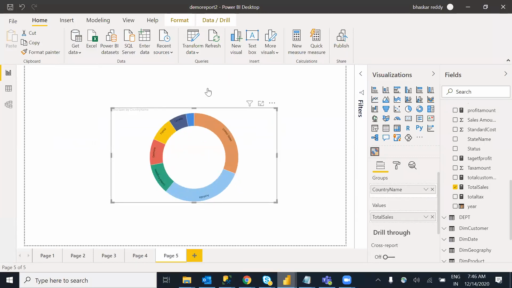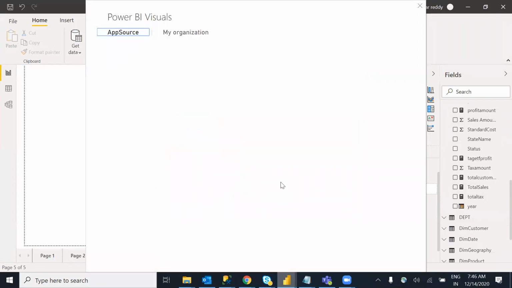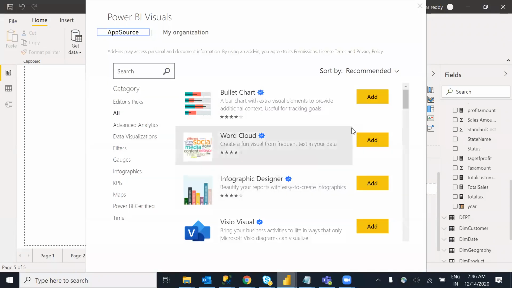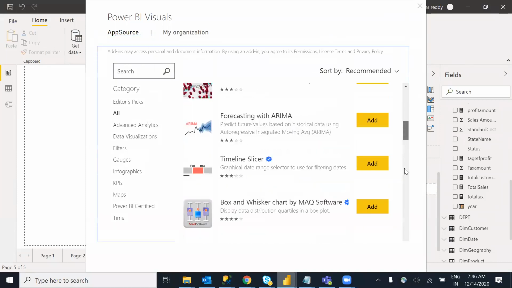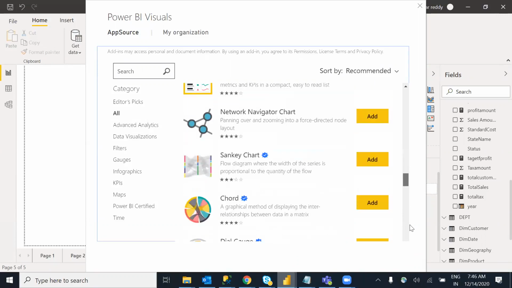Sometimes they will ask: I don't want a donut chart, because a donut chart displays a value and the name is displayed outside, but I want the names like this. In this case, what can you do? We have custom visualizations. For this you have to log in with your official mail ID and click here, Get more visuals. We have 200 plus. If you know Python and R language, you can create your own visualizations as well. Now we can say we have hundreds of visualizations. Whatever visual you want, you can get it.